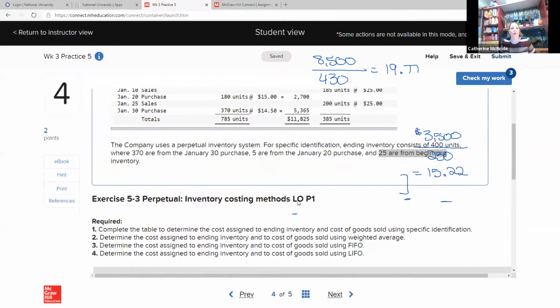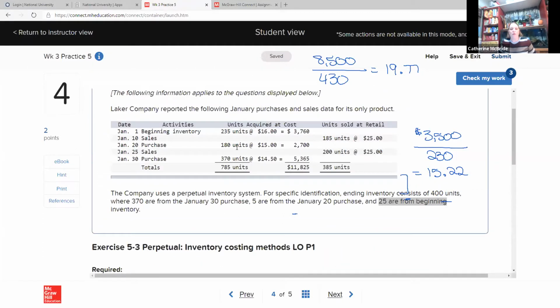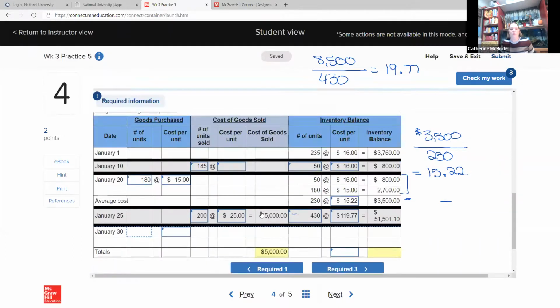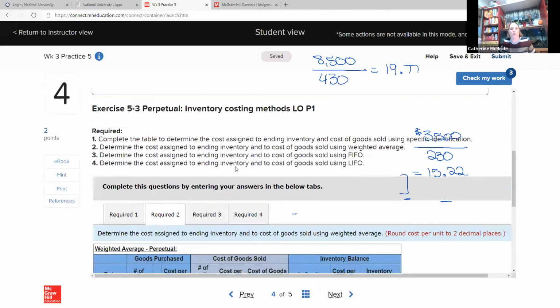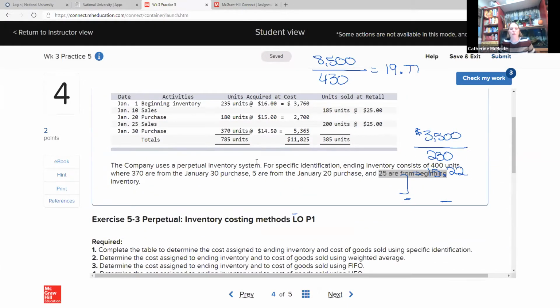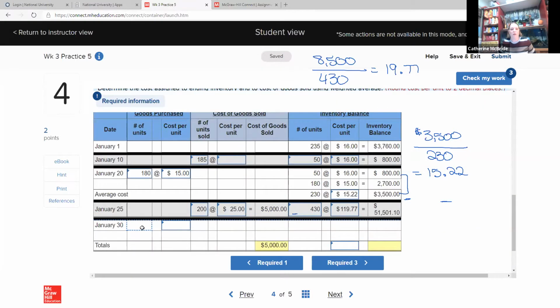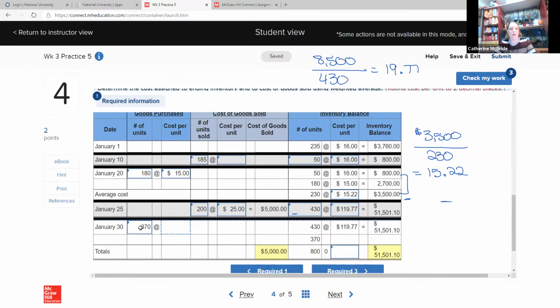Then on January 30th, I purchased 370 units at $14.50. So I'm going to say, okay, 370 units at $14.50. So now my layers are, I have a total of, need my pen again. I have a total of